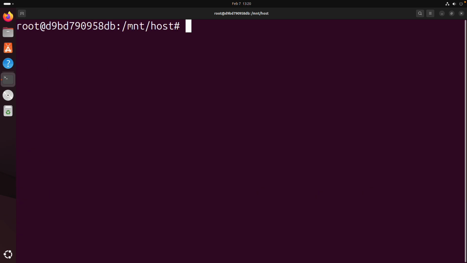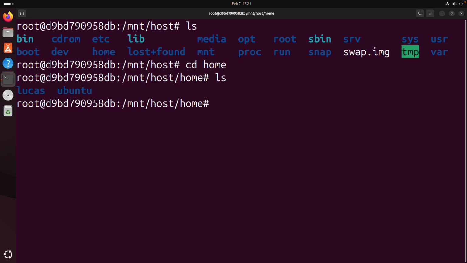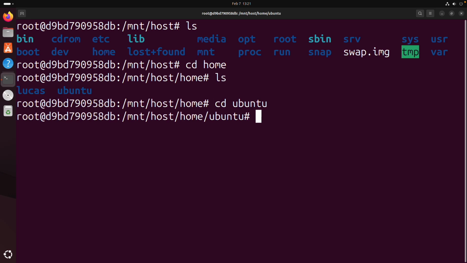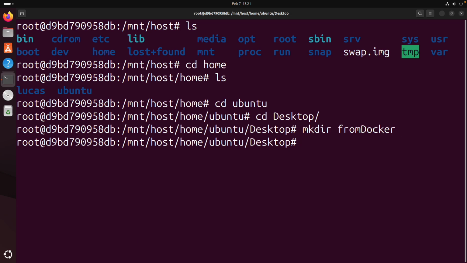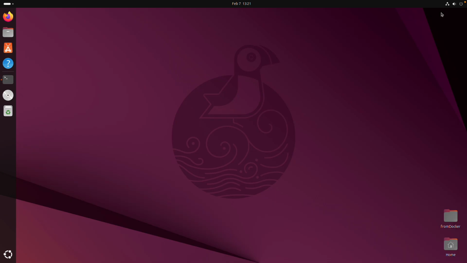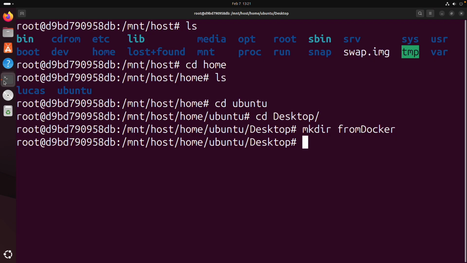Also, from inside this shell, I'm going to navigate to the home directory. I can see the Ubuntu user. I'm going to cd into it, cd into its desktop, and from here, I can make a little prank. The Lucas user, with the root shell inside the Docker container, could create a directory inside the Ubuntu user's desktop. And as you remember, logged in as Lucas, I could not even ls and check what the Ubuntu user had